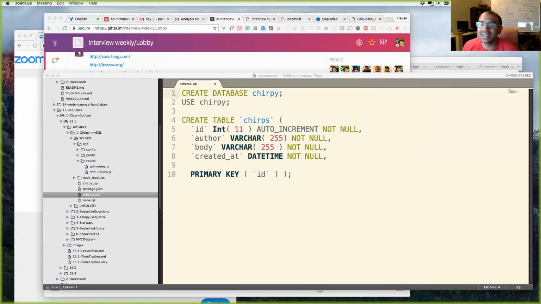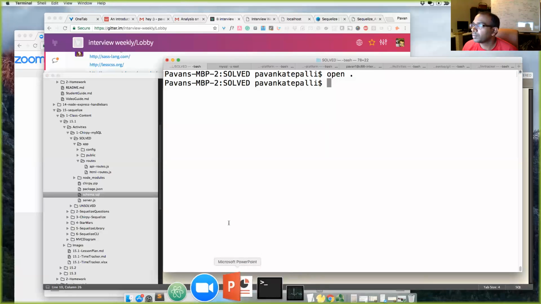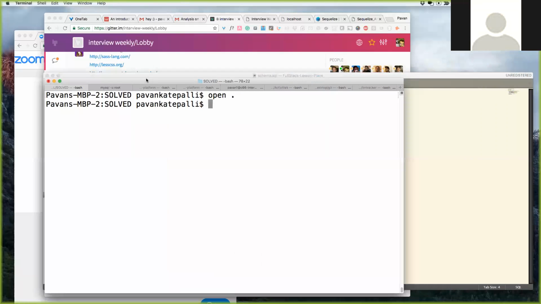Lost you guys. I have a schema.sql file right here. And does anyone know how we can run this schema.sql file? There's something we could do in our terminal to run it. Sequelize, CLI. Yeah, you could use a CLI.